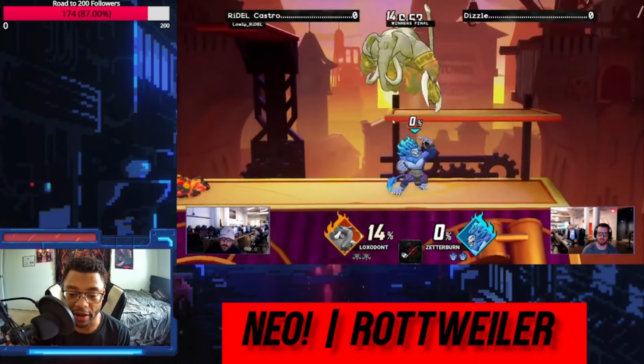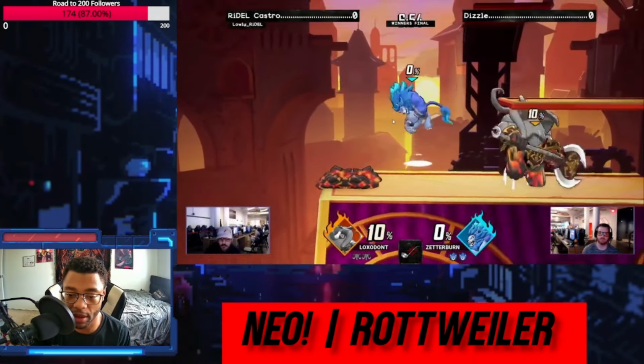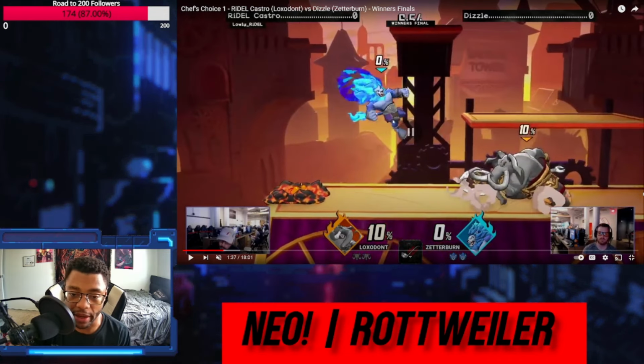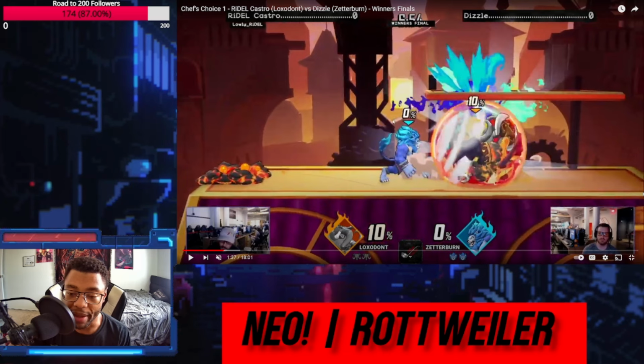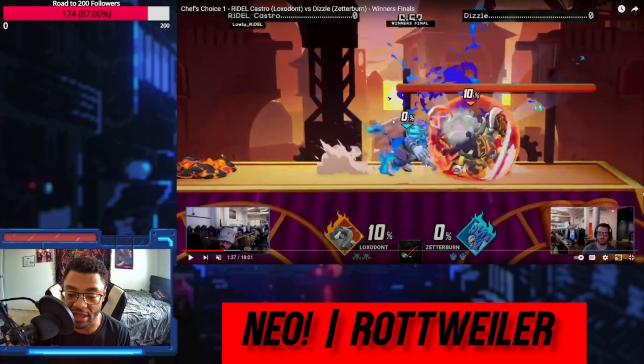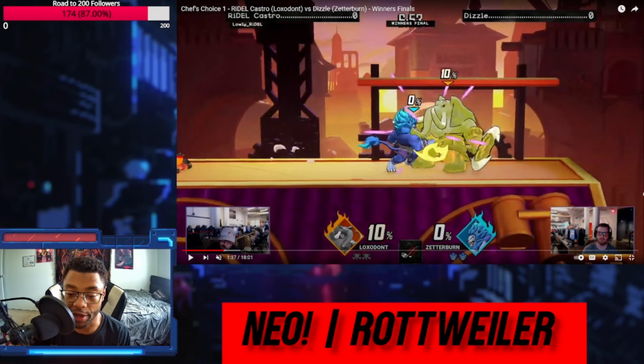These guys are actually pretty crazy. And there's that Zetterburn fireball again. Look at this Zetterburn fireball. It's doing so much. Zetterburn wants to get in, right? I'm gonna just fireball. Okay, mid-range, landing fireball. Makes you shield. I don't even know if that would have hit him, but just in case it did, you know, he shields. And that gives Zetterburn free pressure here, because